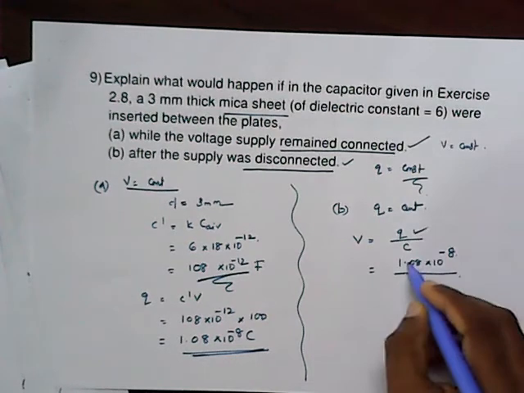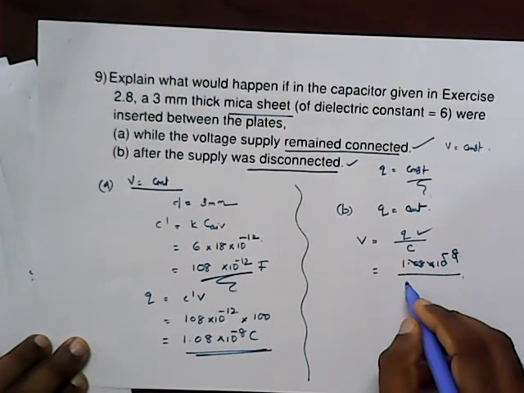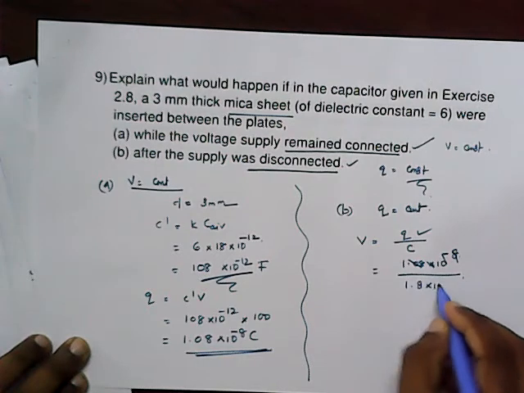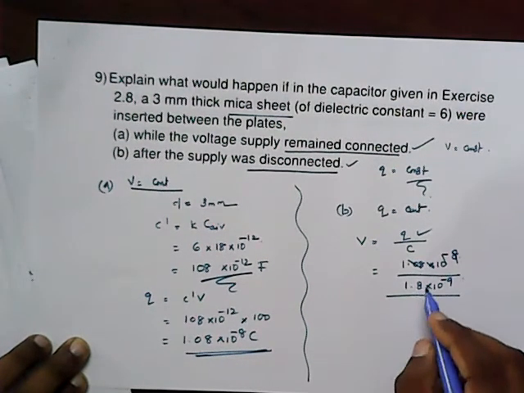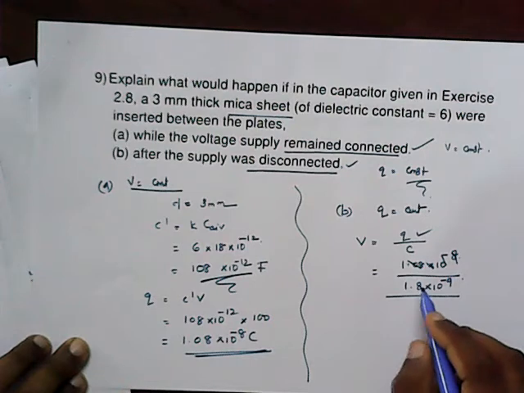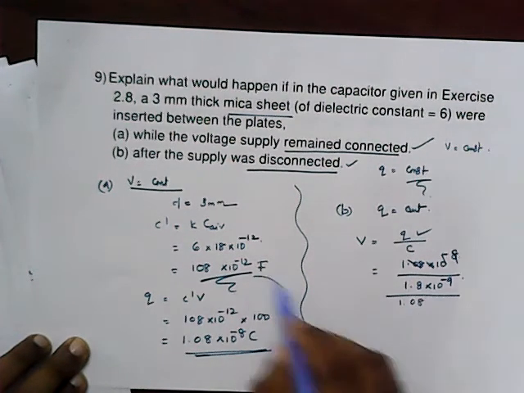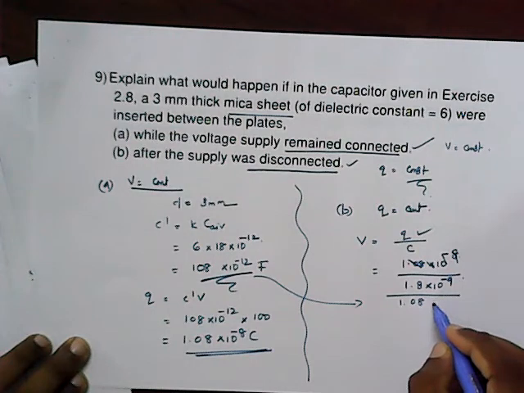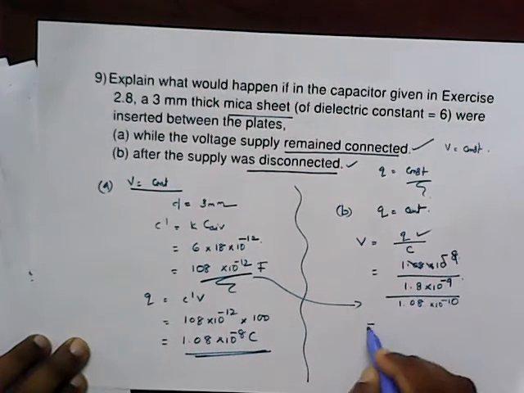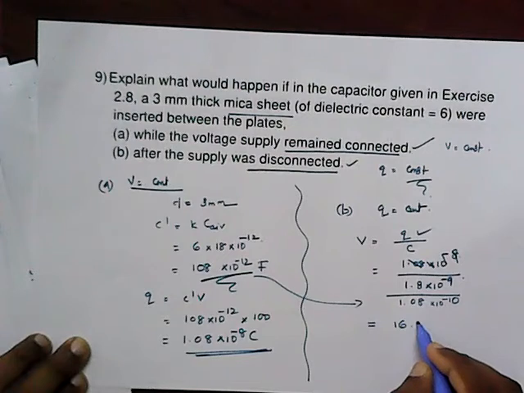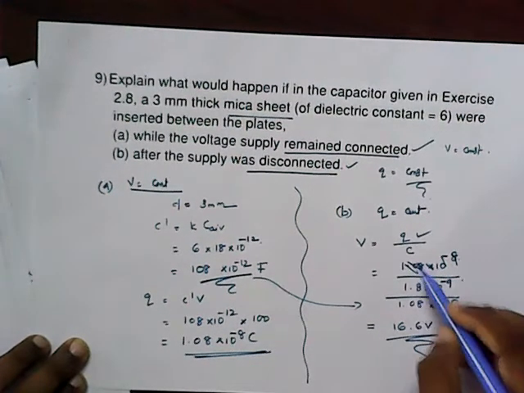Yes, in the previous question, it is not 1.8 × 10^-8, it is 1.8 × 10^-9. So already we know, divided by the capacitance. The capacitance here is 1.08 × 10^-10. So solving, you get the value as 16.6 volt. So keep in mind a little bit of a misconception.